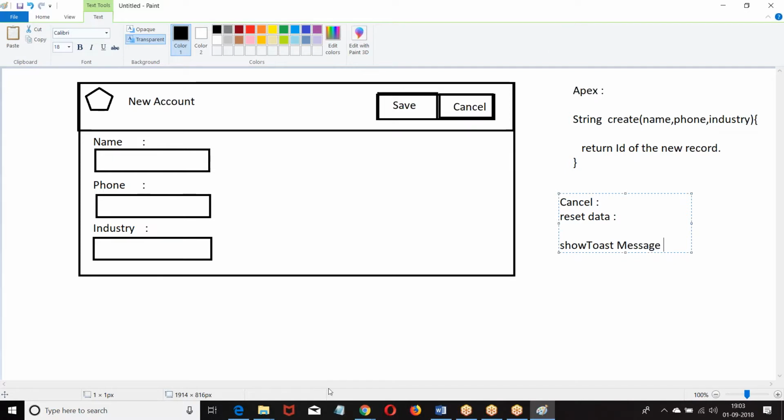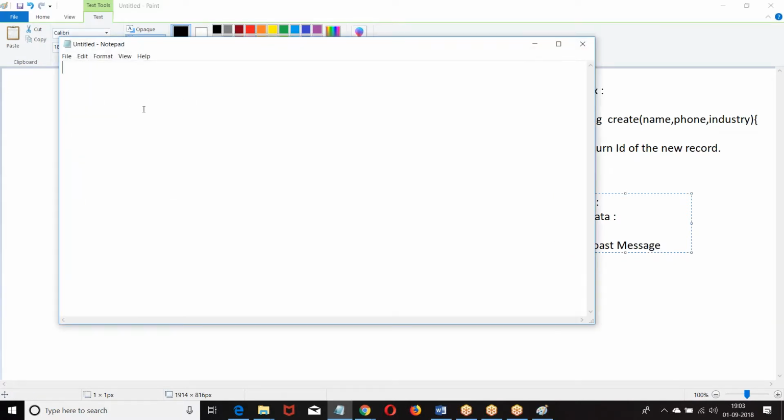So how did you do that? If you want to create an Apex class to be available, it should be a public class, and the method has to be enabled.